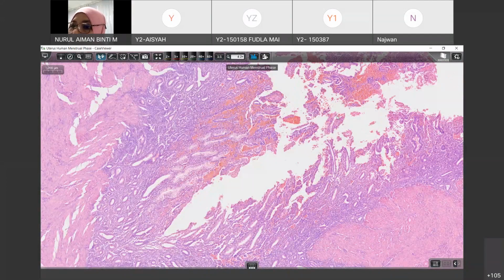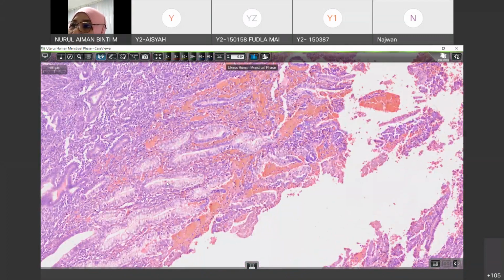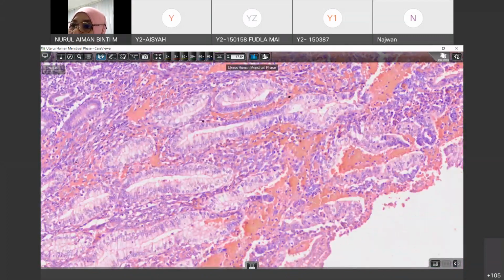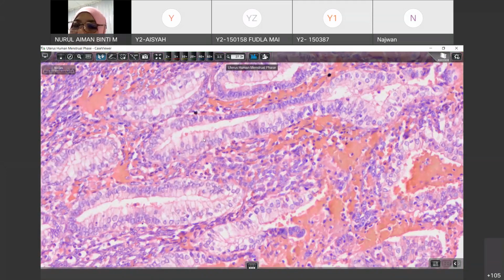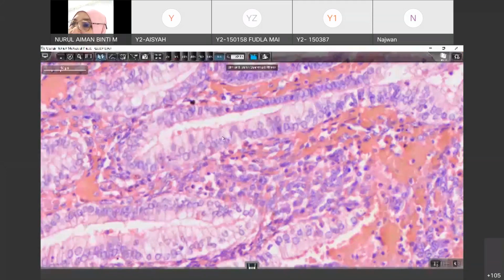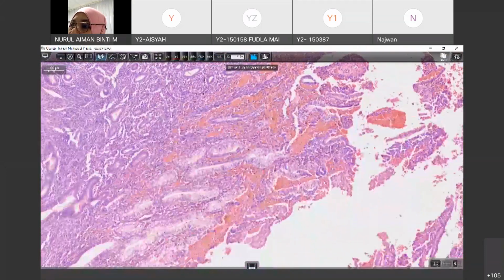You can still see some of the uterine glands, which are elongated here, lined by simple columnar ciliated epithelium, where you can see that at this part most of it is already